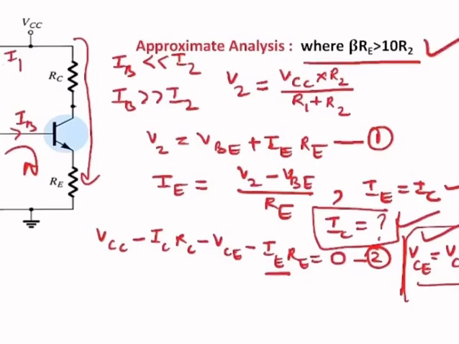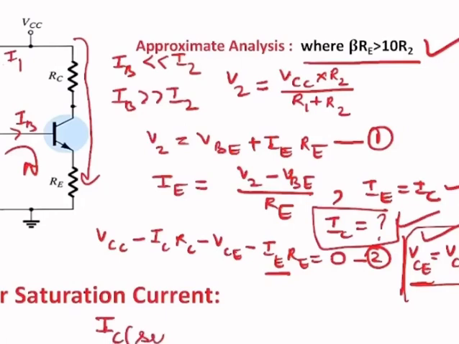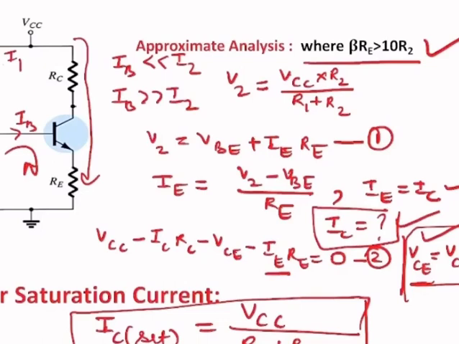Now come to the transistor saturation current. For the saturation current, put VCE equal to 0 in this equation 3. When we put VCE equal to 0, meaning a short circuit between collector and emitter, then IC saturation would be VCC divided by RC plus RE. This is the saturated value of collector current, below which the collector current must be maintained, or we can say the collector current which flows in the circuit due to the bias battery must be less than the saturated value of collector current for linear amplification.